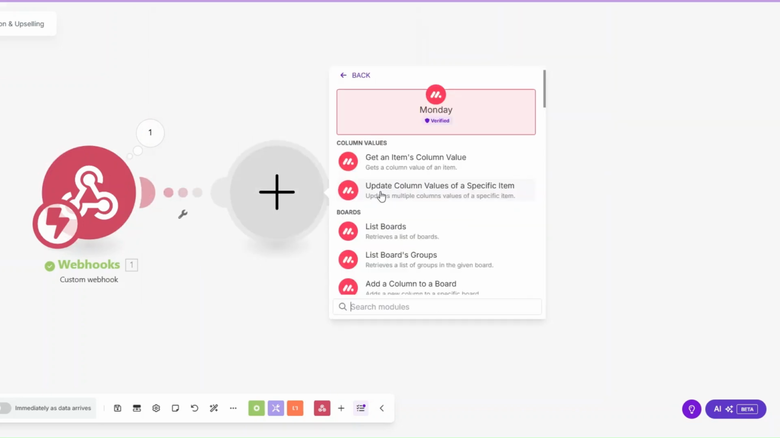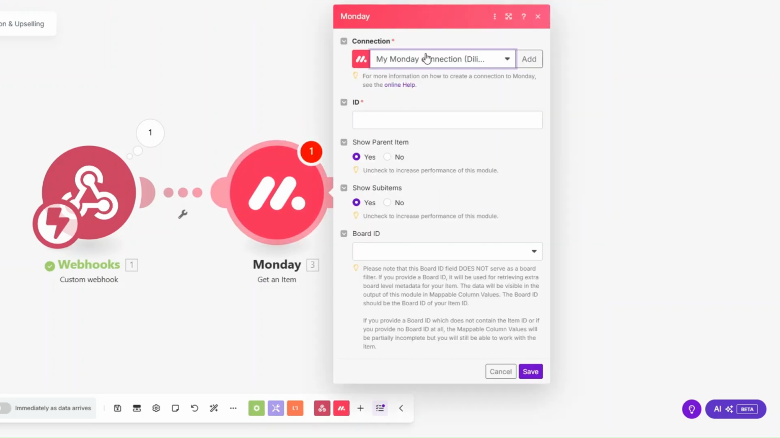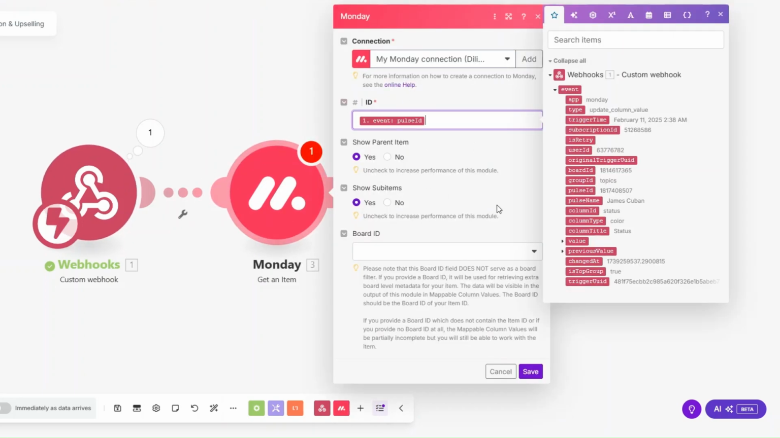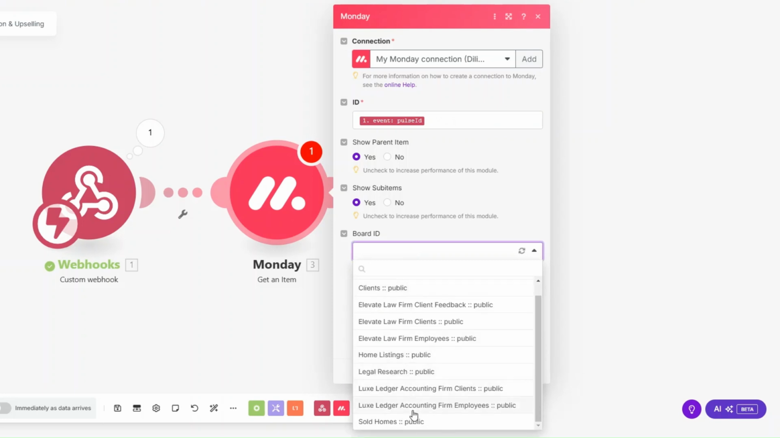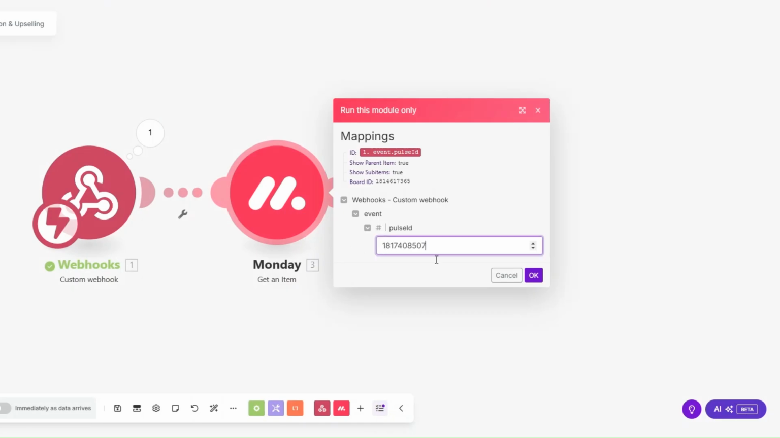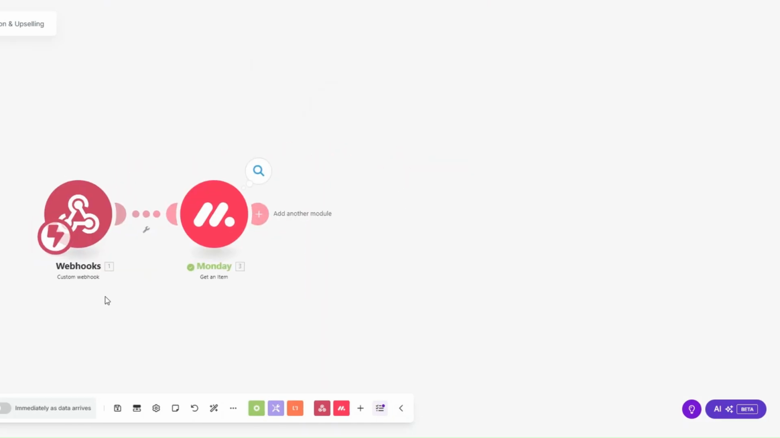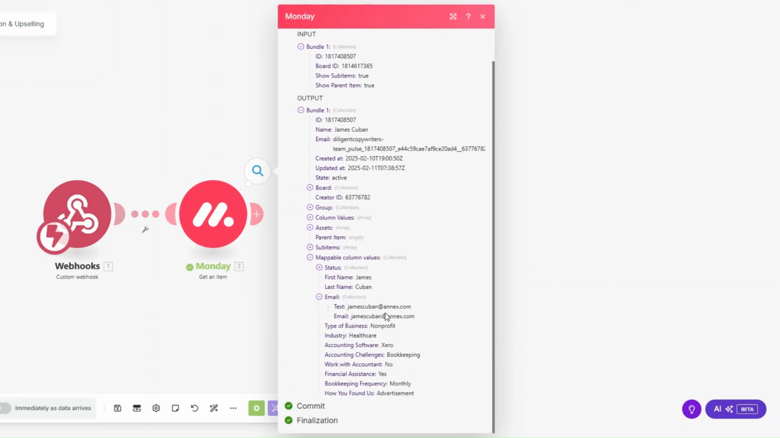Then I'll add another module. Then on Monday, I'll search for get an item module. Click on get an item. I'll choose my connection. For the ID, I'm going to choose the pulse ID. For the board ID, I'm going to choose our board right here, which is the client's board, and click on save. And here, I'll run our module and place our pulse ID right here. Click on OK. Here you can see we're getting our client's information like the first name, last name, the email, and the other